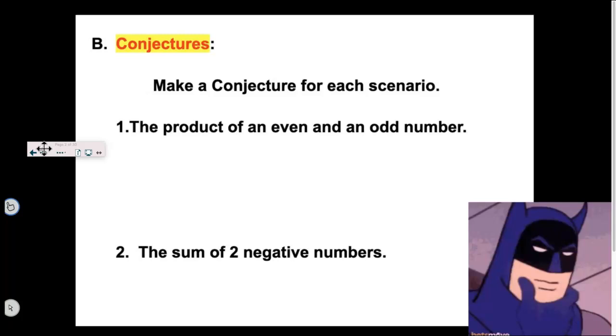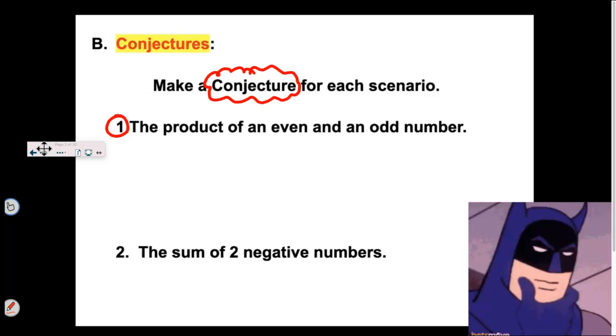So the next thing is going to be called making a conjecture. A conjecture is based on patterns that you see. So for example, if I were to say, you know what, Sophie has been gone 5 Wednesdays in a row, I'd make a conjecture that she's going to be gone on the 6th Wednesday. Something's going on. It's a conclusion you draw based on patterns that you see.